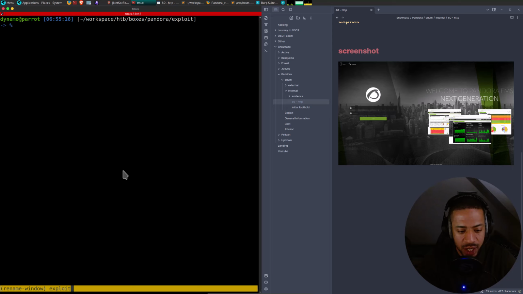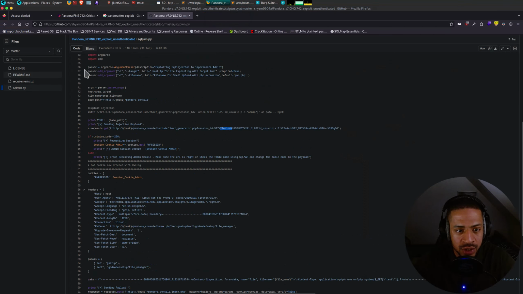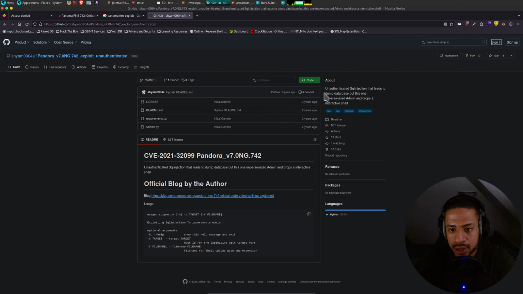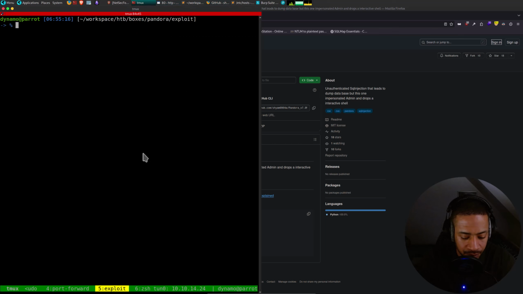Let me stop changing this all the time, just call it exploit. And then we'll try and just use this public exploit, because maybe that will work. It looks okay actually. So maybe that will work. Git clone.